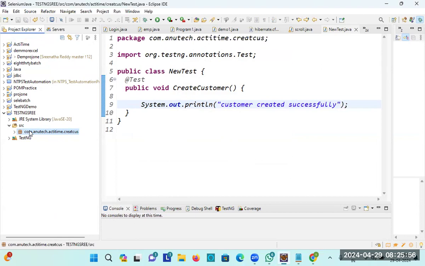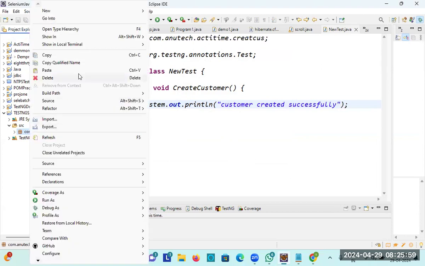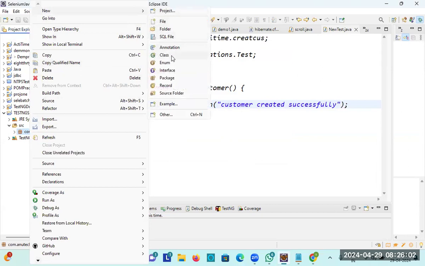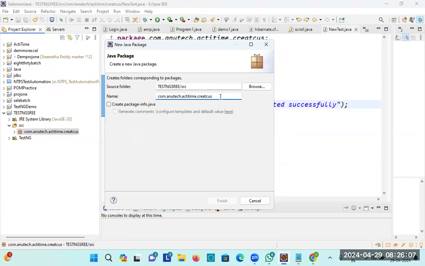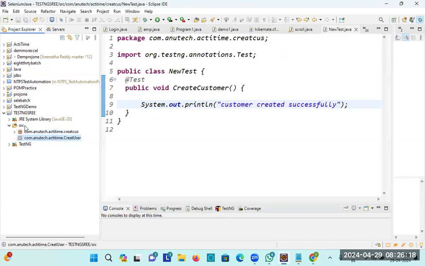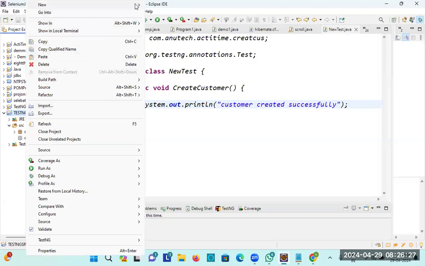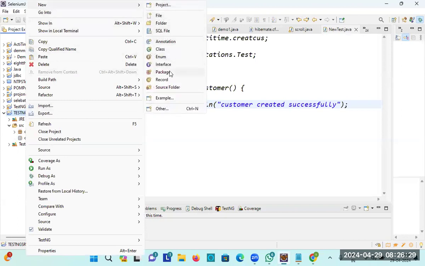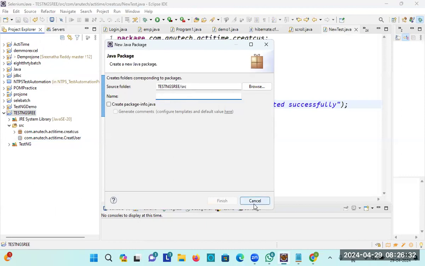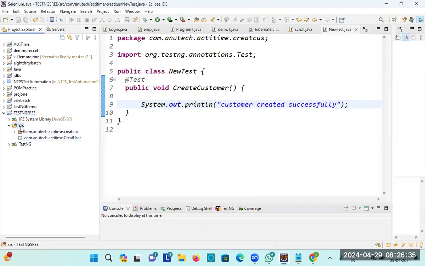Now similarly, I am having one more package, create user. Similarly, I am going to create